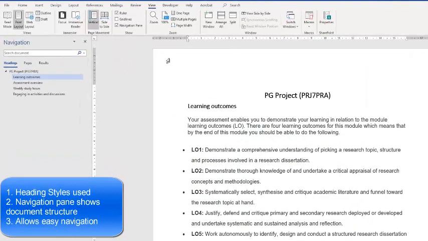PRJ7 PRJ Word, Microsoft Word Document, Edit Multi-Line, Heading Level 1, Page 1, Section 1. PG Project, PRJ7 PRA, Learning Outcomes. Your assessment enables you to demonstrate your learning in relation to the module Learning Outcomes. Weekly Assessment Overview. In Weekly Study Hours. Engaging in activities and